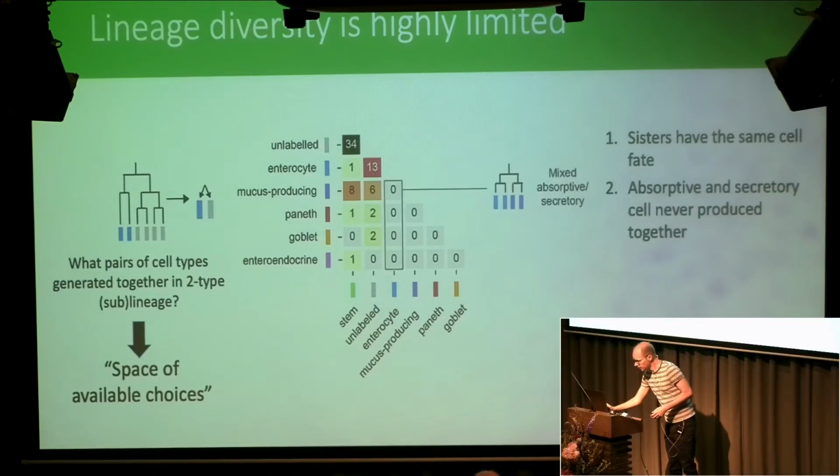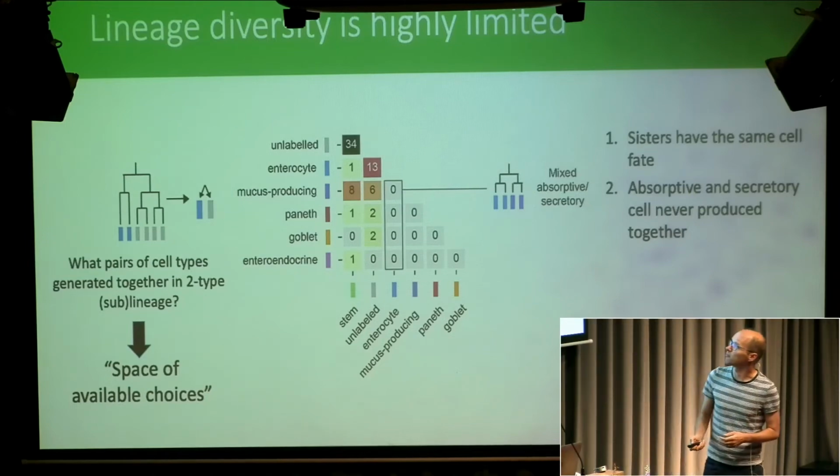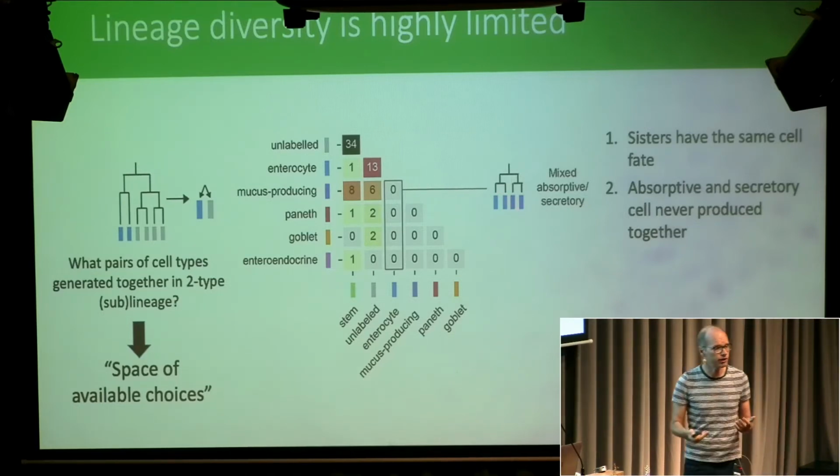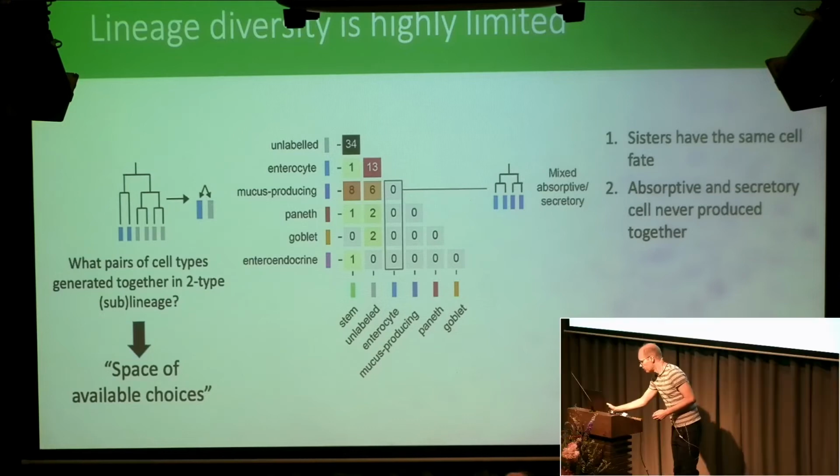And if you do that, there are a few things that are striking mostly because you don't see them. We never see any lineage trees that have a combined absorptive cell type or secretory cell type. So we never see that. The other thing that we never see,